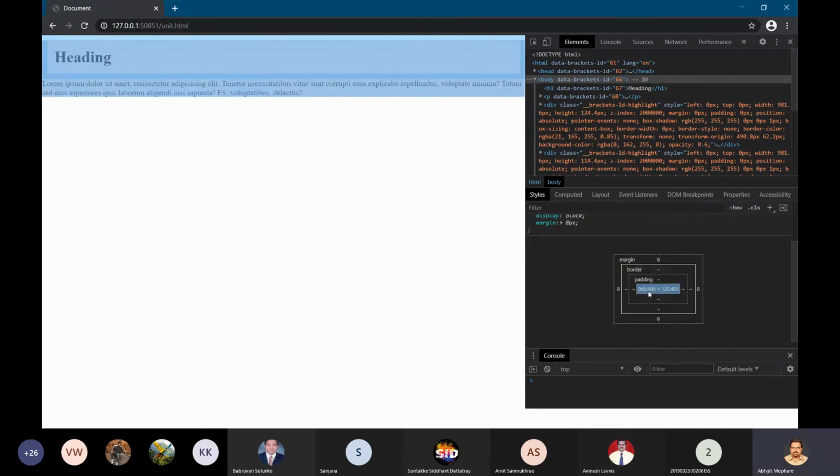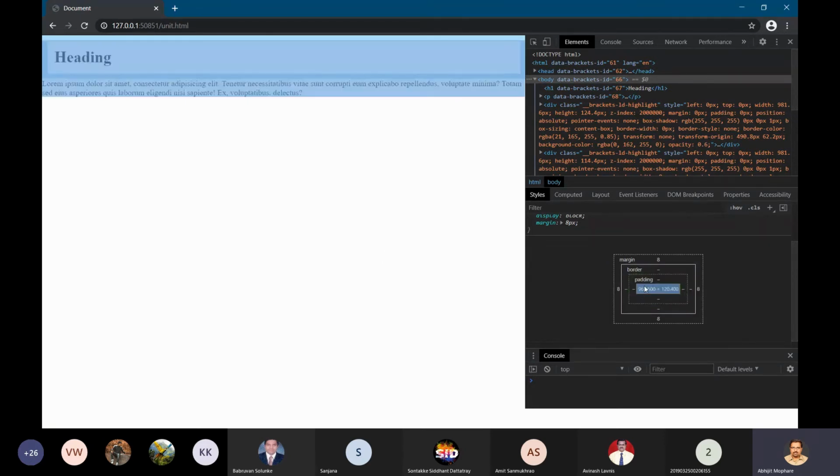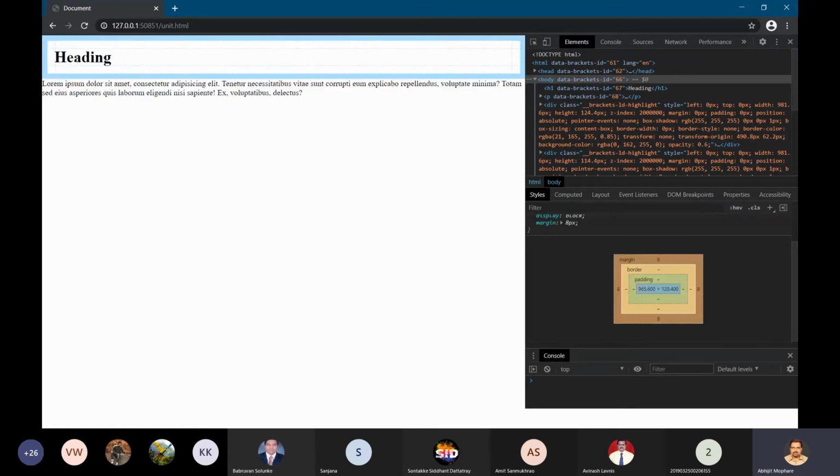Right, so now see, the actual contents have gone up. Now this is what is padding. This is what is border. And then margin. So these three things, if you take any element, it has these three properties. What is padding? Padding is the surrounding space of the content. Here the actual content is the heading, and surrounding the heading, whatever you are getting is called padding.